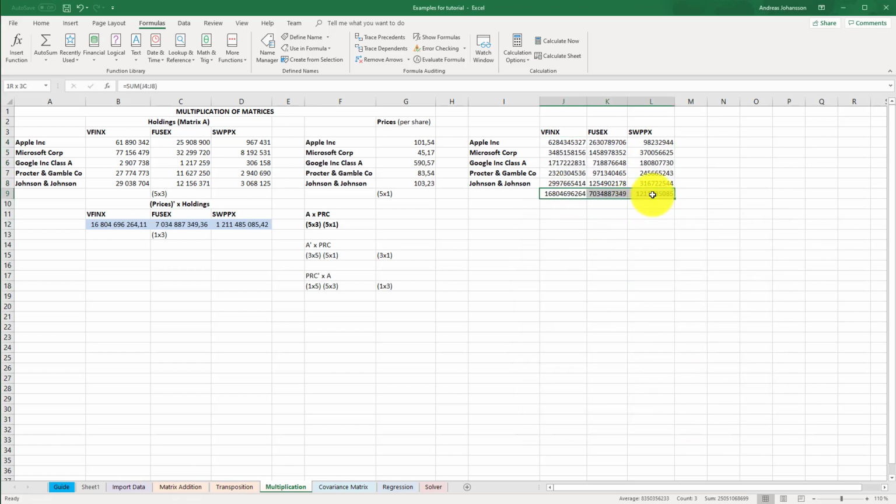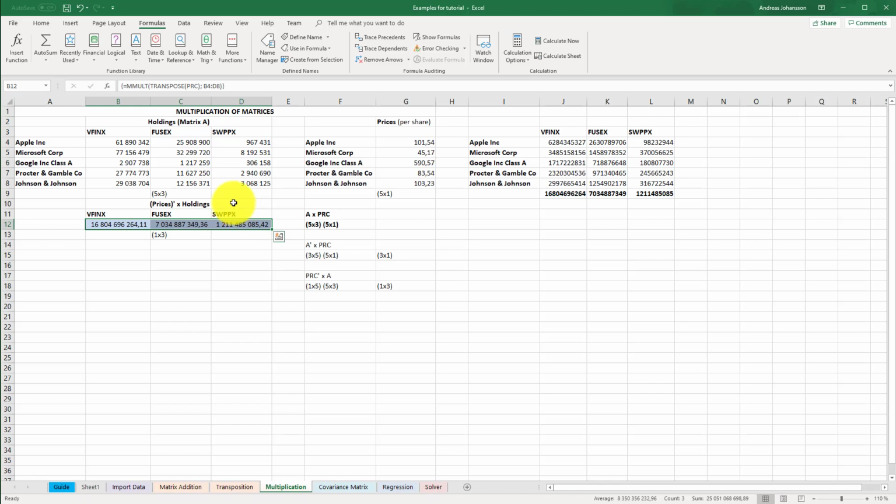And if everything went correct, these numbers should be the same as we did with the linear algebra. And they look the same. Yay! We finally did it with Excel. So notice here, doing it the Excel way is pretty much as quick as doing it with linear algebra in Excel. And that's why when you want to use linear algebra in Excel, it's a strong sign that you should